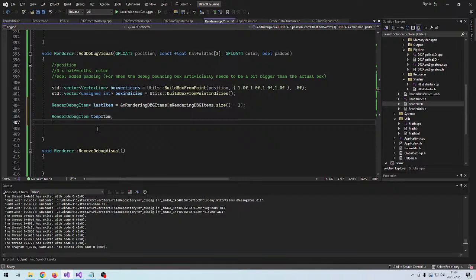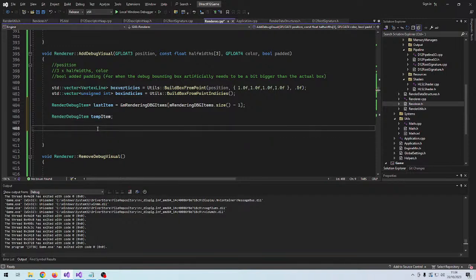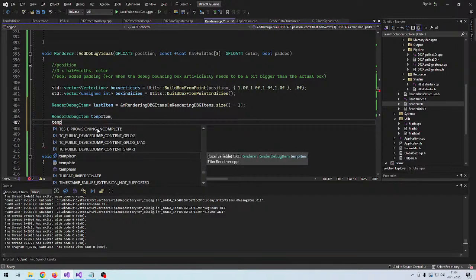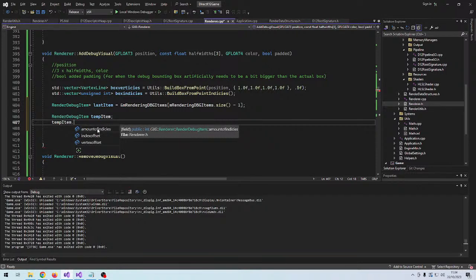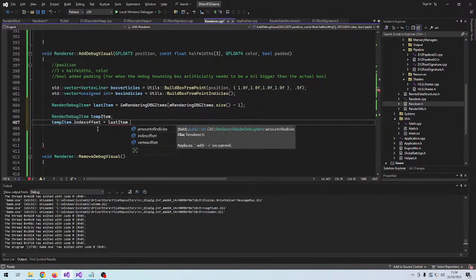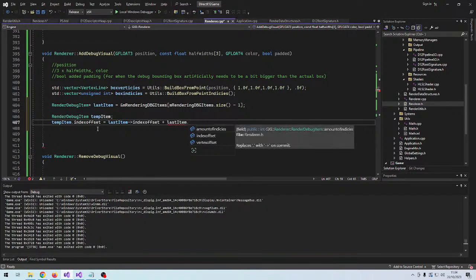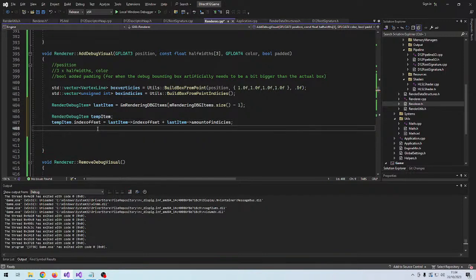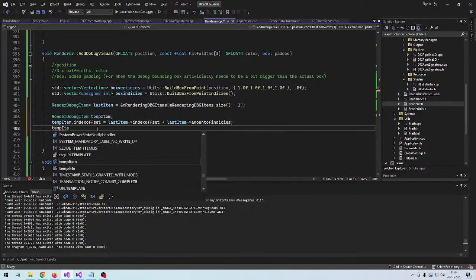So now we grab the last item, then we can set our index offset equal to the last item index offset plus last item amount of indices, and then the temp item